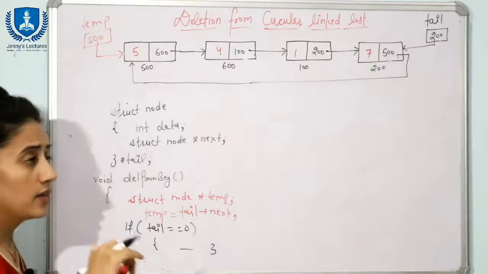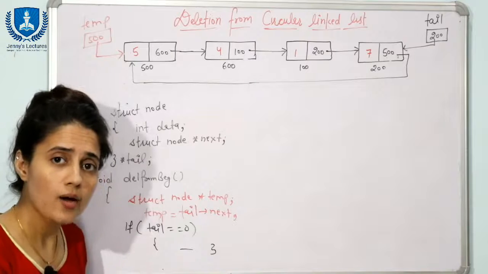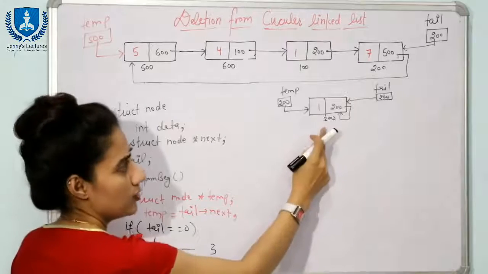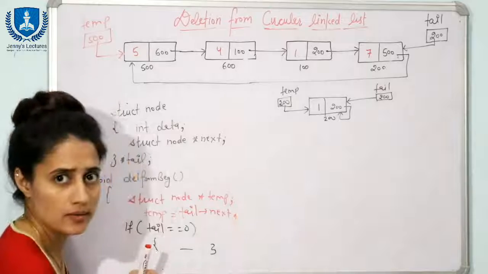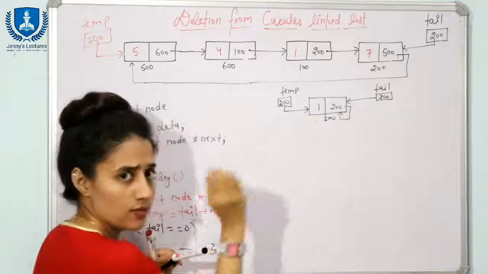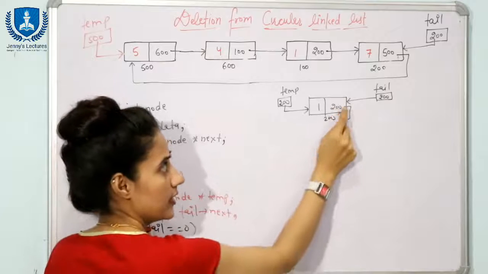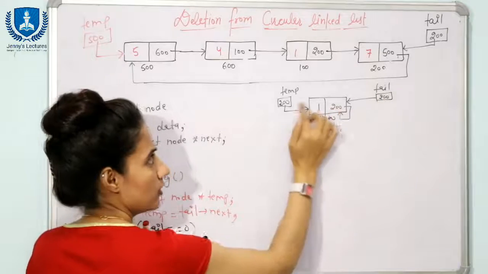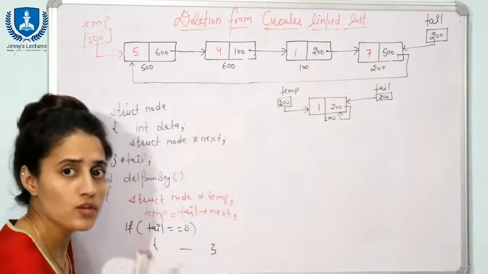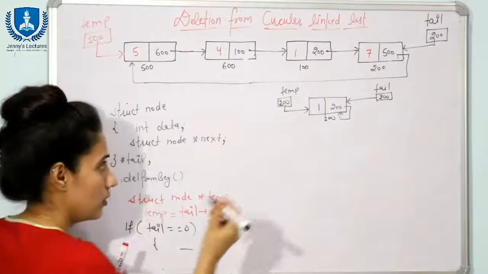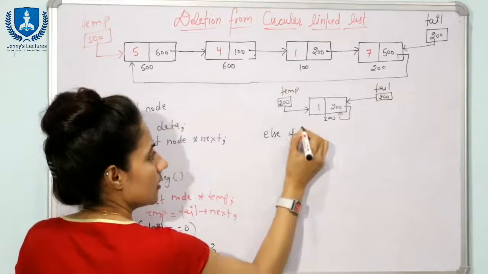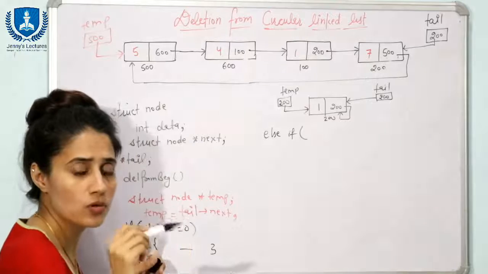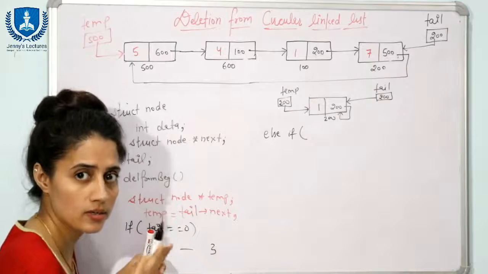Fine. Otherwise, if the list is not empty but we have only one node in the list, in that case what will you do? See, now this is the scenario. We have only one node in the list, right? And if one node is there, then that is the first node, that is the last node. So that is why here it is containing the address of itself. Tail is pointing to this node, and we have done what? Temp is equal to tail next. Tail of next is 200, so temp is also pointing to this node. Now how will you check that we have only one node in the list? So here you can write else if, temp equal to tail, right? In that case we can see there is only one node.